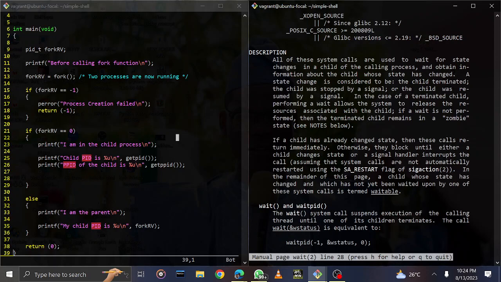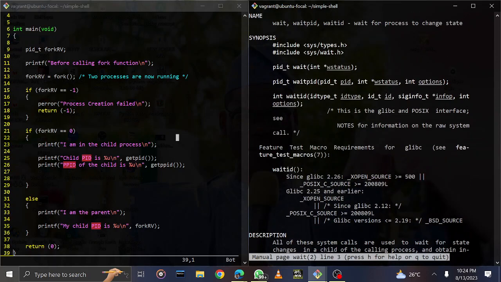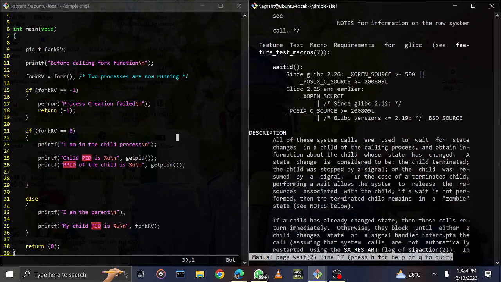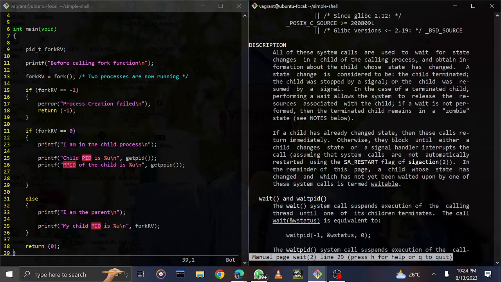So you can see a change of state is basically 3 things. If a child was stopped, then that's a change of state. If a child was resumed, that's a change of state. And if a child was terminated, that's also another change of state. So that's basically what we need to understand about